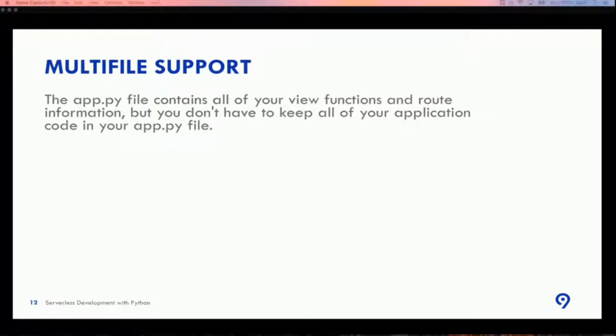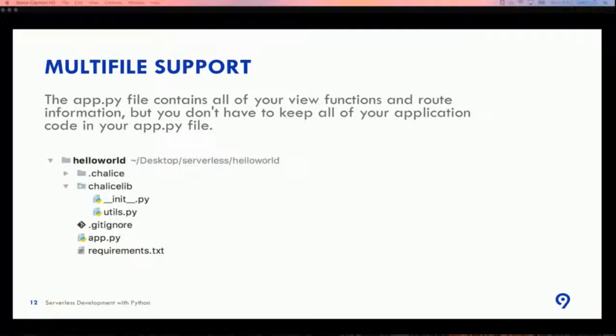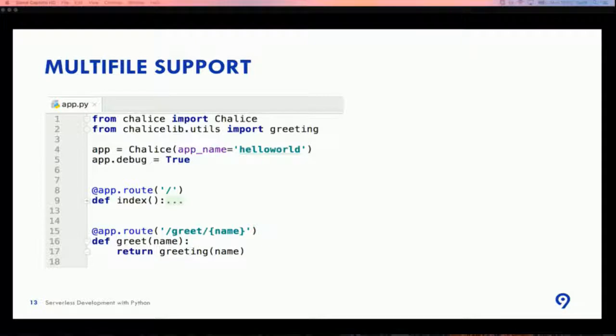It's not a good idea to keep your code only in app.py, and when you want to do something more interesting than hello Rinat, you need to use more files. To implement it in Chalice, you have to create a chalicelib folder, which actually is a Python package, and then you can put any other parts of your code here. For instance, I moved the greeting function to utils.py, which I placed into chalicelib, and now my code looks something like this. I import greeting from chalicelib utils, and then I just run the function greeting with name, which also will return hello Rinat.